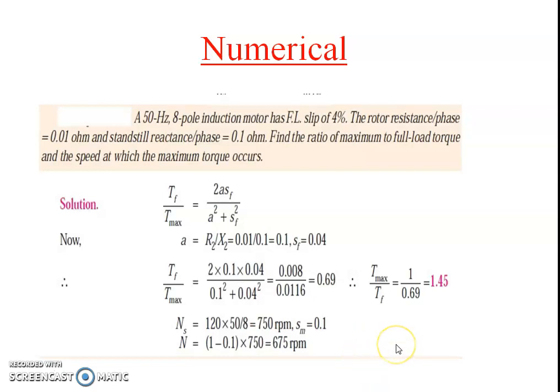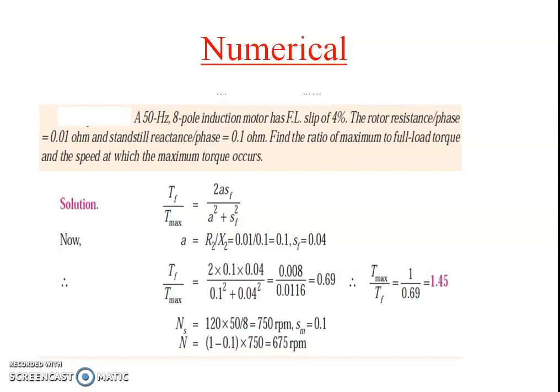Such type of example they may ask in the exam for 4 marks. They have only given the data which is related to your formula. So for solving such examples, you should remember the formulas you are going to apply. By using the formula you can easily calculate any values, even if they ask anything. If you know the formula, then you will get anything. You just have to implement your formula to get the answers.